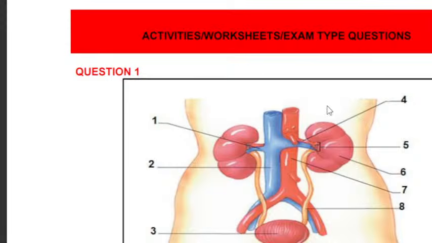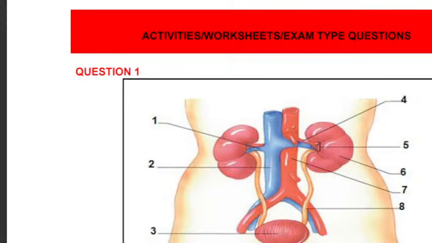So let's start with this question so that we are able to answer this question. If you have any challenge, let me know so that I can answer or help you out regarding these questions. So the first question is saying that, so you see here,